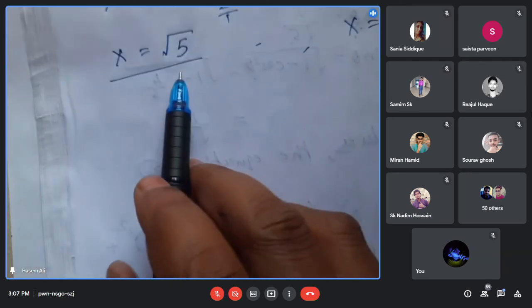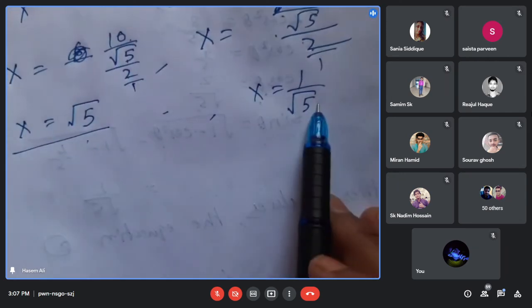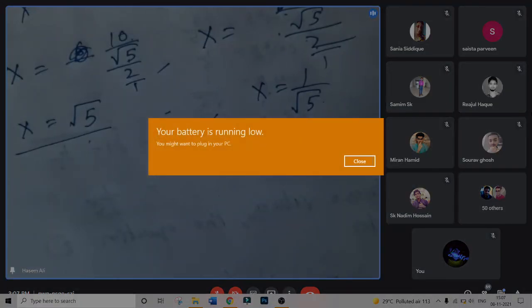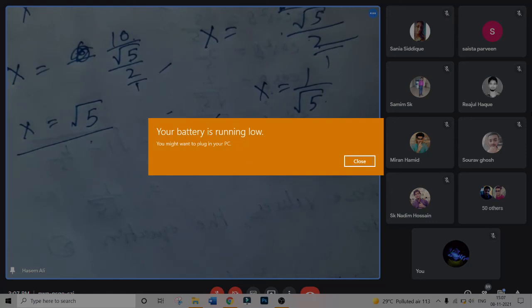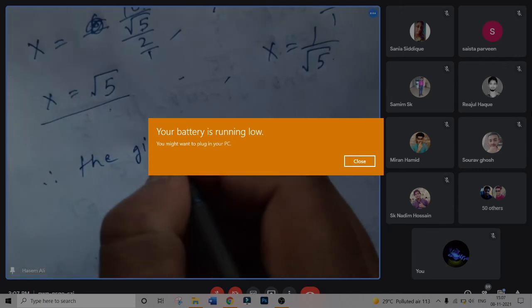So x equals to root 5 represents a straight line, and also x equals to 1 by root 5 represents a straight line. That means the original curve represents a pair of straight lines. Therefore, the given